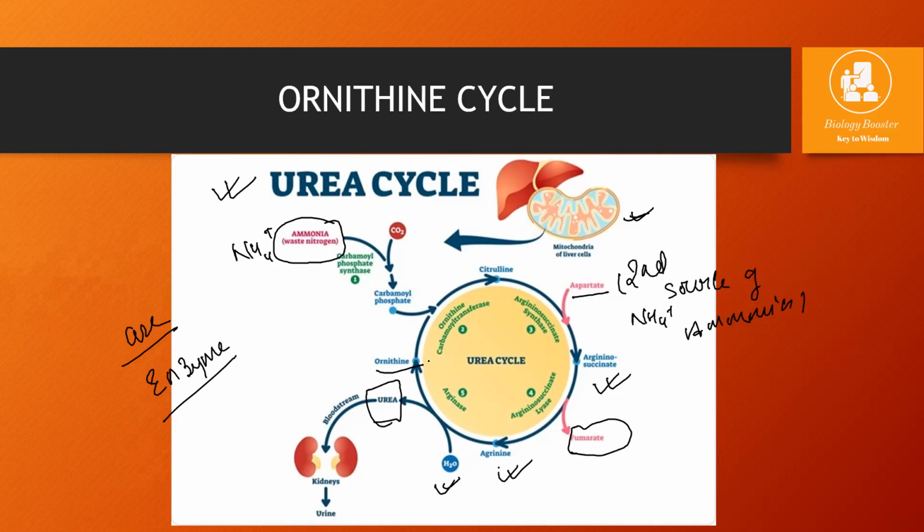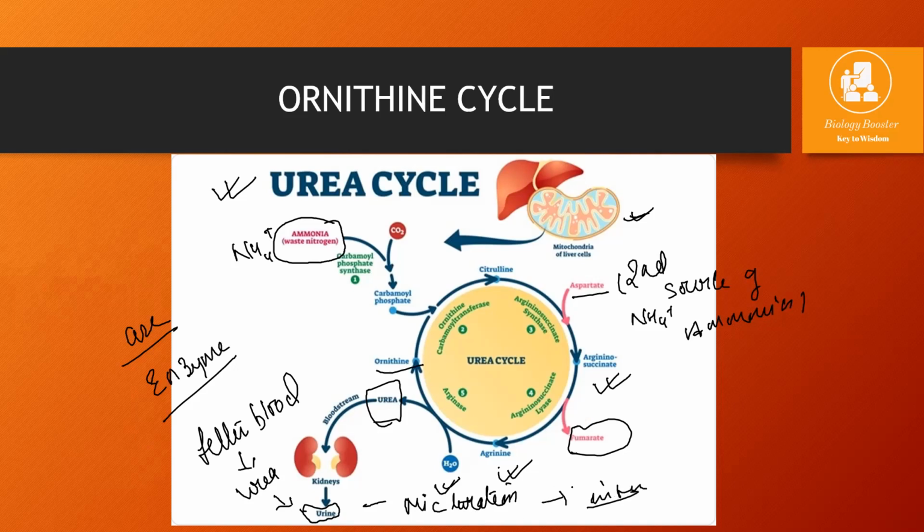So ornithine is already there, and with the help of carbamoyl phosphate, the cycle is rotated and urea is taken out into the bloodstream, and through the bloodstream it is given to kidneys. Okay, now kidneys are going to filter the blood, and by filtering, they will take urea out and pour it into urine. Okay, and so by the process of micturition. So what is micturition? It is an act of taking out urea from blood into the urine and releasing.